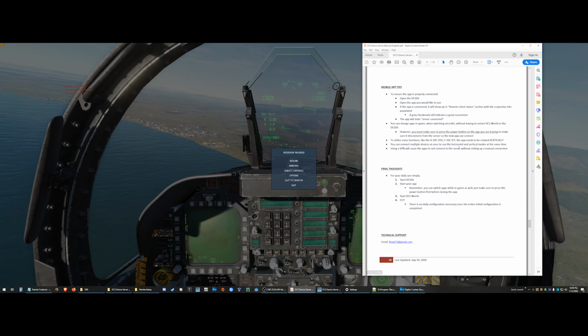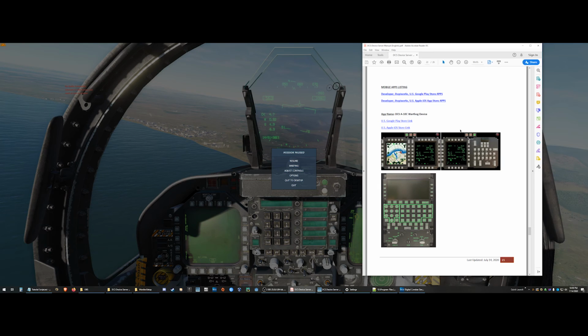So what else do we want to cover here? So that's it. Technical support. This is the developer's email. So if you have any technical questions that for some reason you can't simply get this to work, go ahead and send him an email. And then this is his mobile app listings right now. He just has the A10,